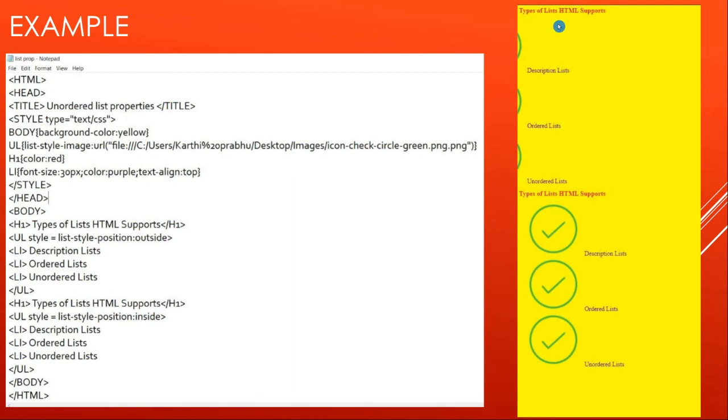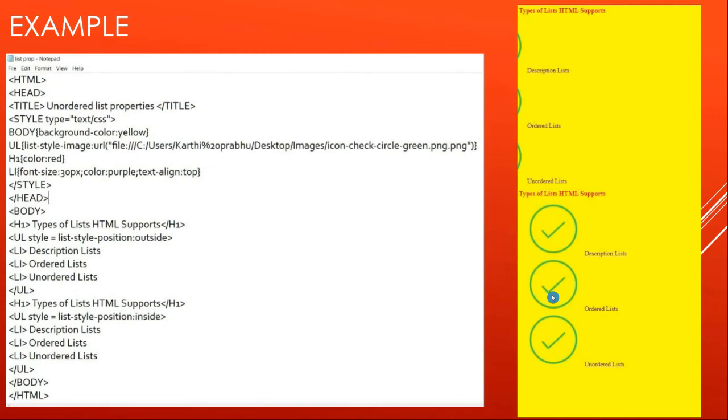This one is the outside property, and here is the inside property. So this is an example for your list properties, and here unordered and ordered list are getting over.